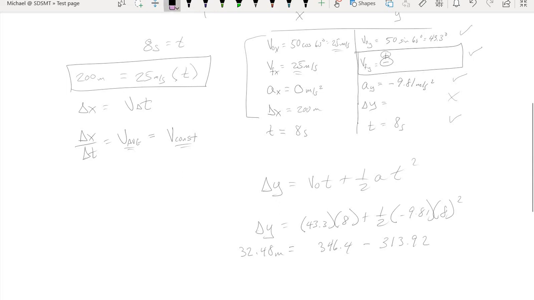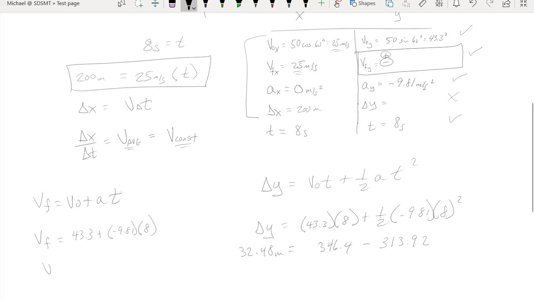Leaving out the displacement, the equation that we need would be this one. This is also set up to be solved for the final velocity. We have initial value of 43.3 plus a negative 9.8 and 8